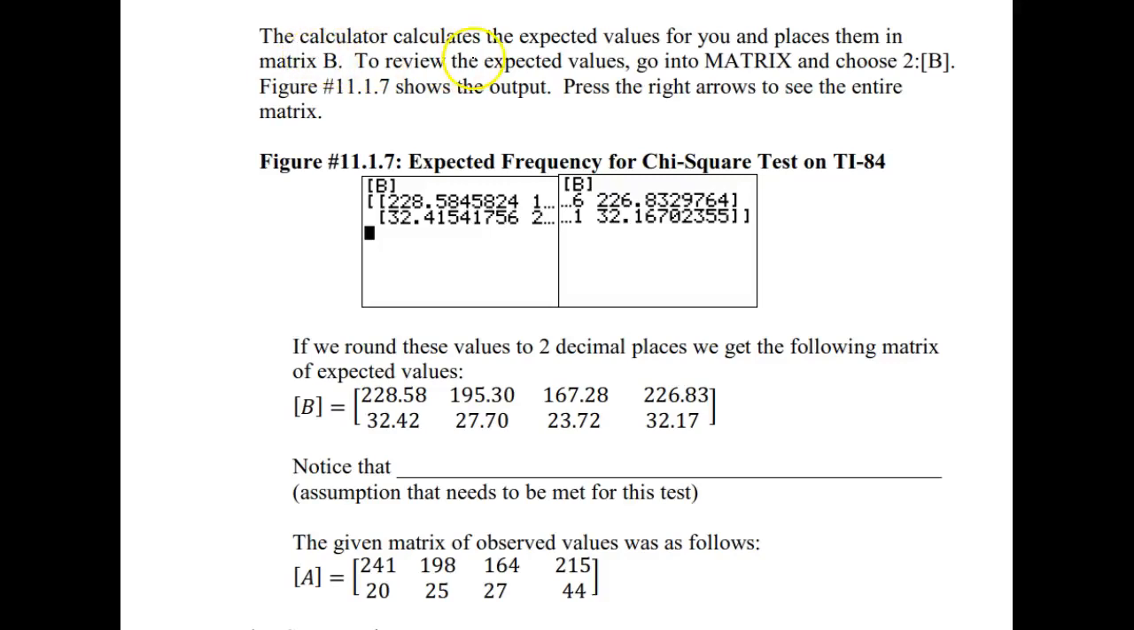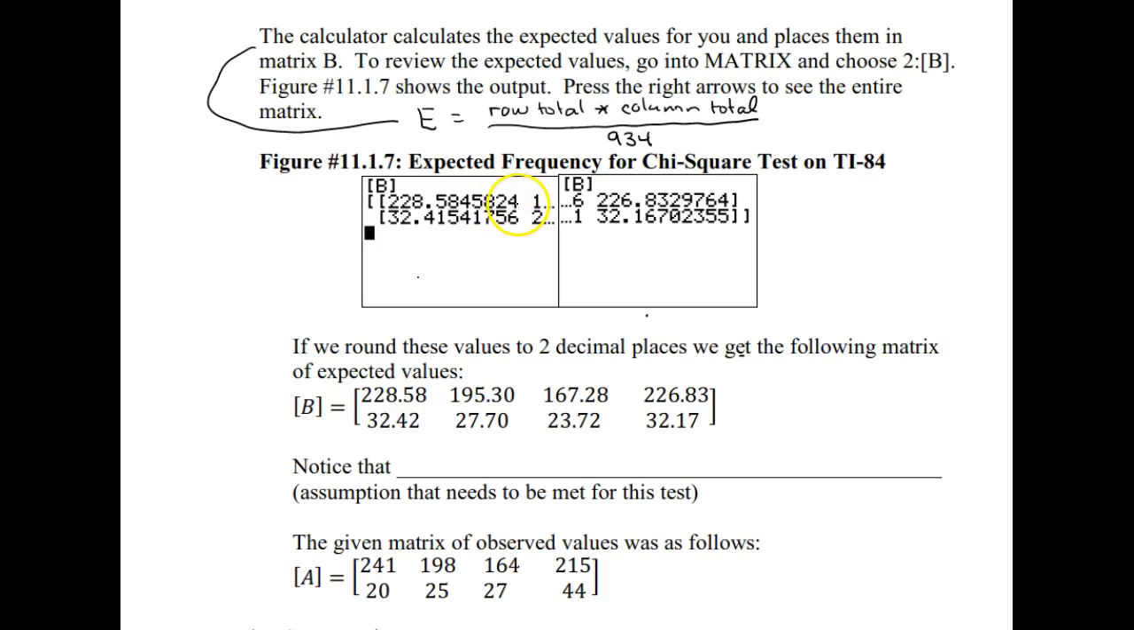Now the calculator is going to calculate the expected values for you, and it's going to place them into matrix B. So remember, each one of those expected counts, the calculator took the row total times the column total for that cell, and in this case it divided that by little n. Our sample size here was 934. So the calculator made those 8 separate computations for you and wrote each of those results into the corresponding cell